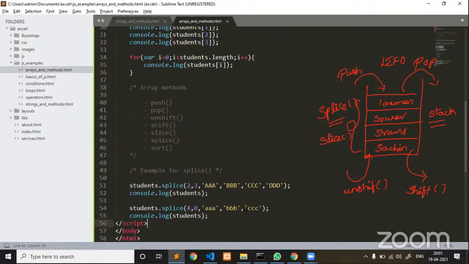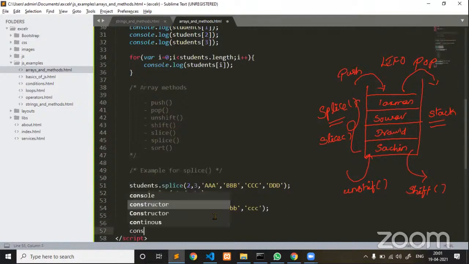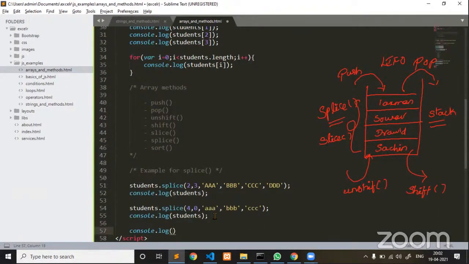Next, slice method. As I already said, array extraction. Console.log. I am using console.log always to print the results in the console tab to see the output. Either you can print them inside a document, or you can print them in an alert, or you can also print them in console.log. Since console.log is easy for us to log all the data into a developer tool.